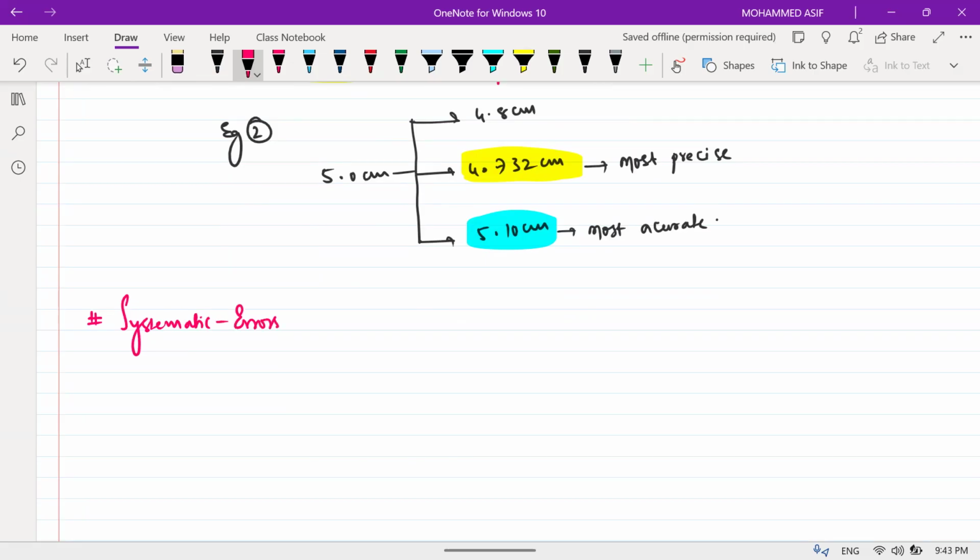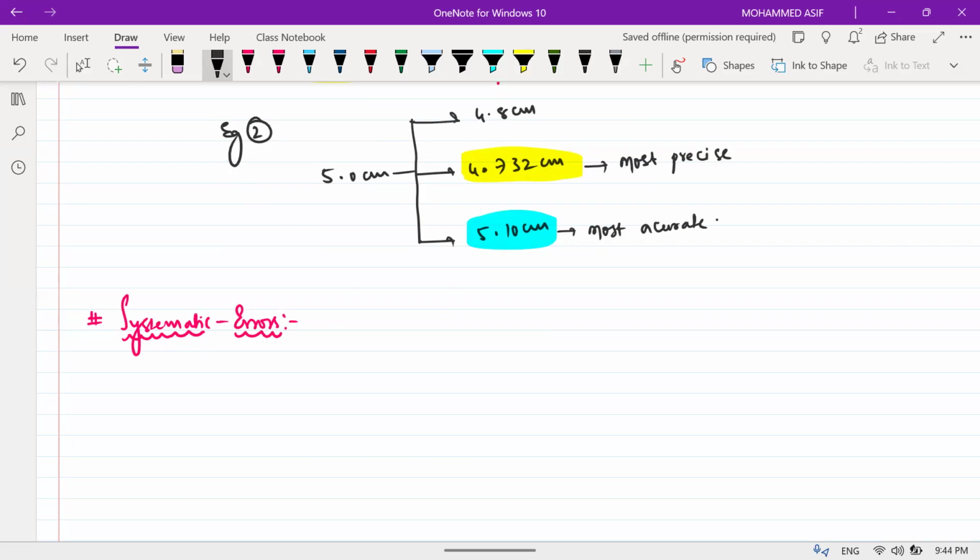What do you mean by systematic errors? Systematic errors are nothing but errors which are unidirectional. It means it can be either always positive or always negative. Generally, the cause behind these errors is known to us. That means you know the reason that this might be the mistake while doing the experiment.